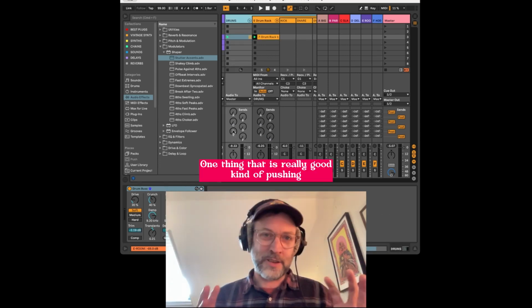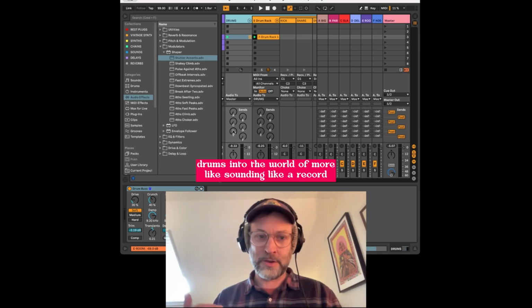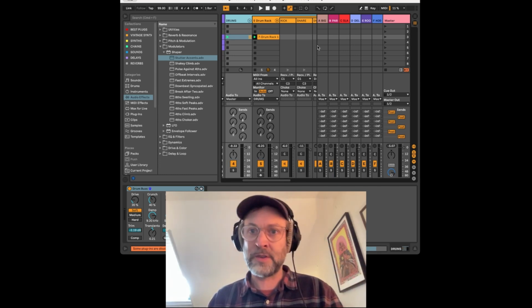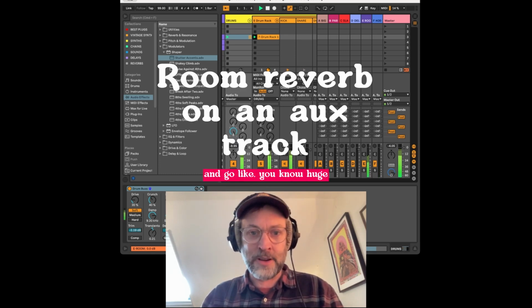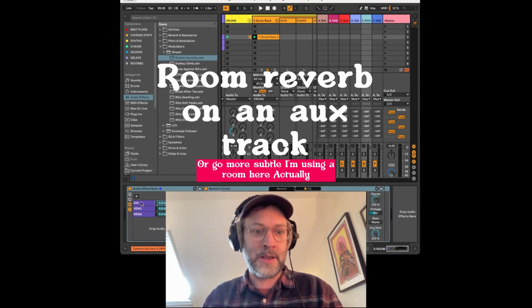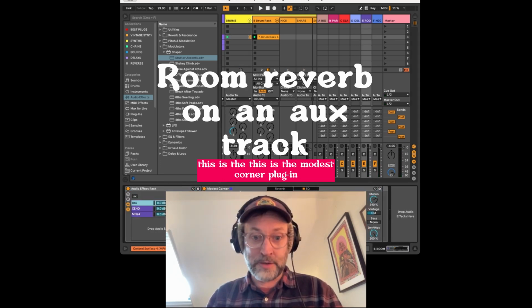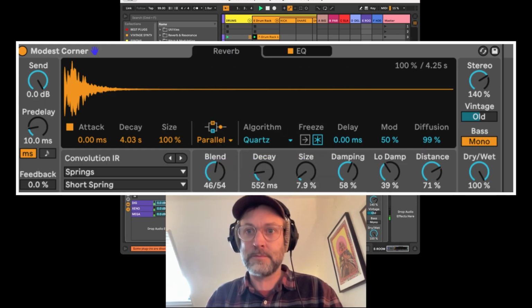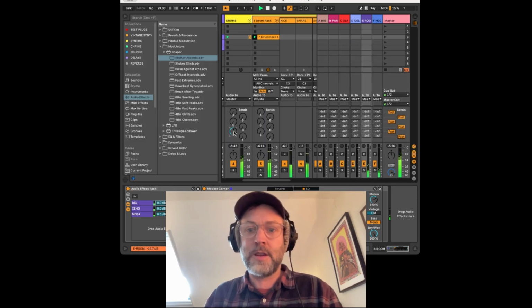Finally, one thing that is really good for pushing drums into the world of sounding more like a record and maybe a bit more real is using room reverbs. You can be drastic with this and go huge, or go more subtle. I'm using a room here. Actually, this is the Modest Corner plugin preset from Ableton. There you go. It's got the vintage setting on. If I mute it,